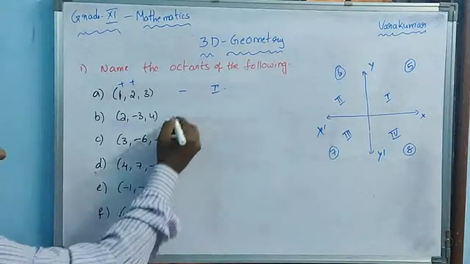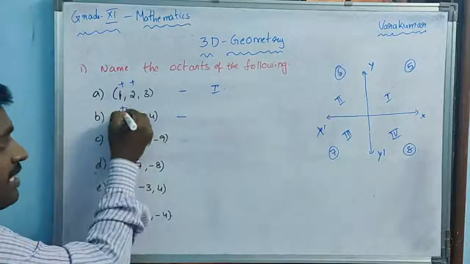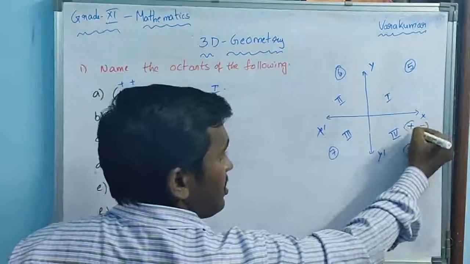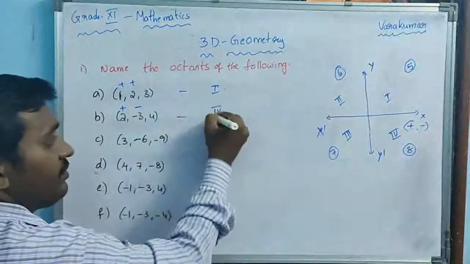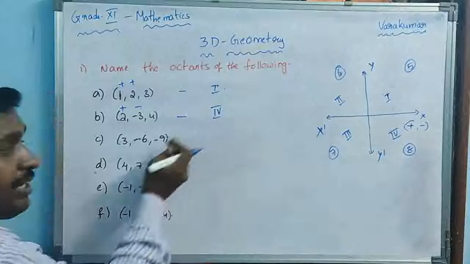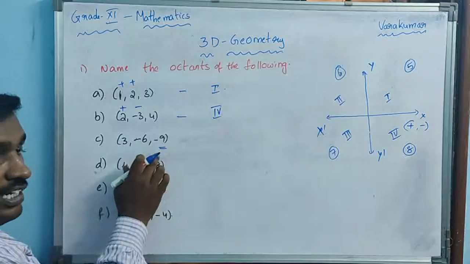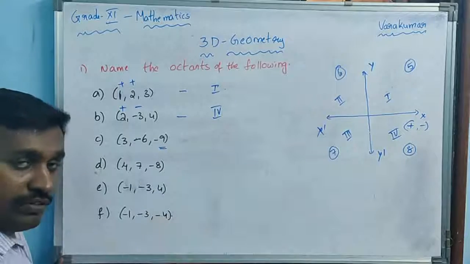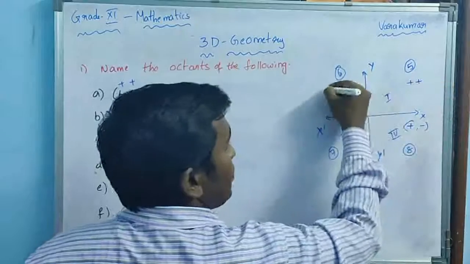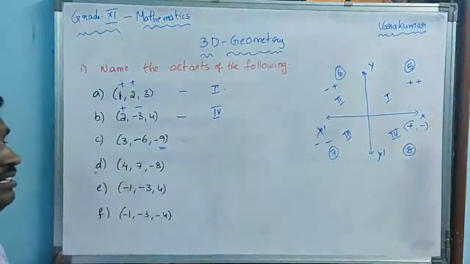Next, here also Z is positive, but here plus minus. According to that, plus minus is the fourth octant. When it goes to that one, it is a quadrant; when it comes here, octant. Now see, Z is negative, then you have to go down. Fine. Then see here, this is plus plus, and this one minus plus, and this is minus minus and plus minus.